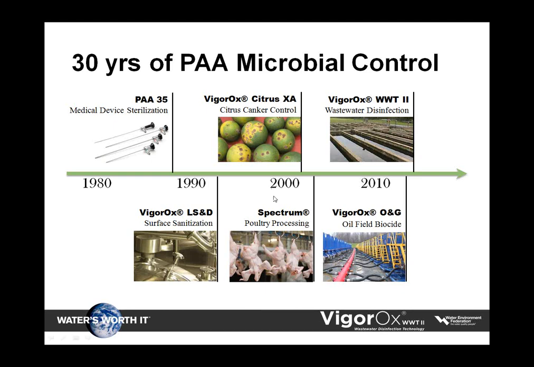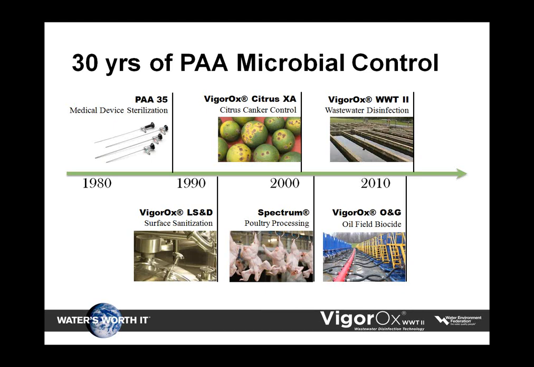2 years later, FMC helped pioneer the use of peracetic acid for direct food contact with our Spectrum branded product. Applications include peracetic acid use on red meat, fruits and vegetables, and for the treatment of poultry during processing. Spectrum peracetic acid is designed to control Salmonella, Listeria, E. coli